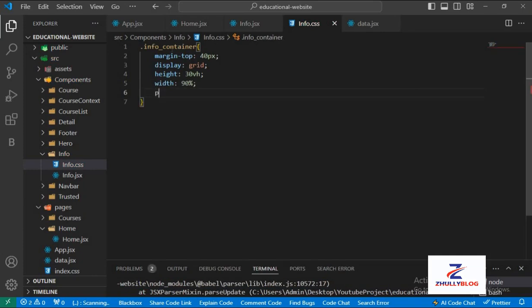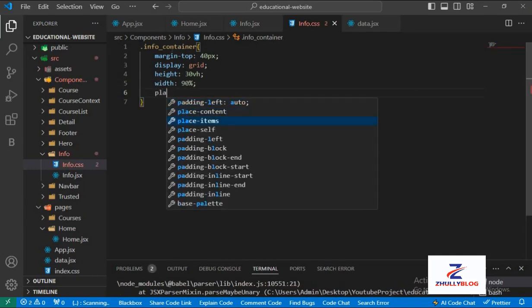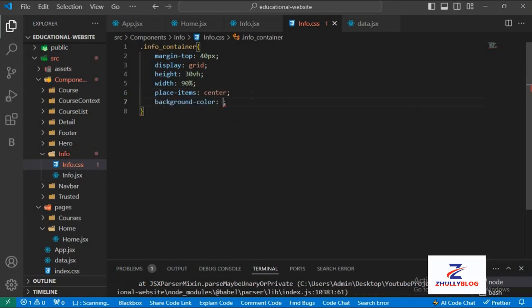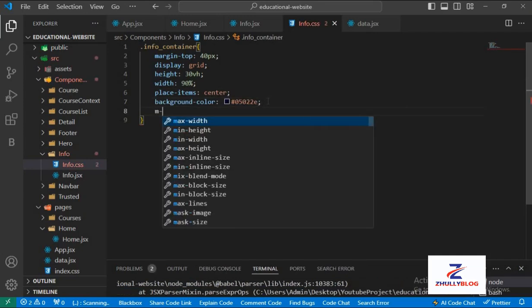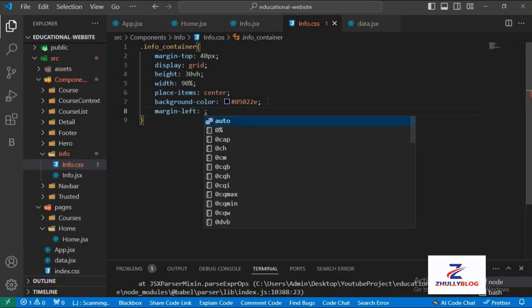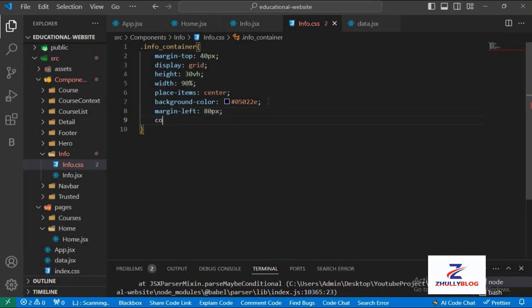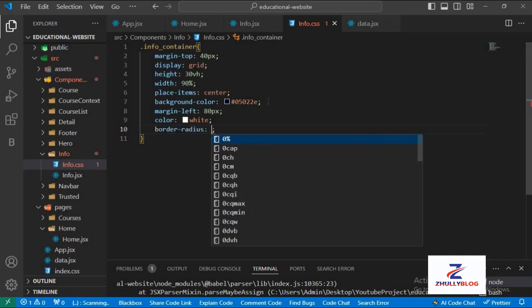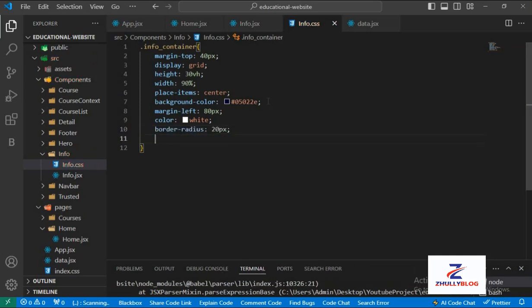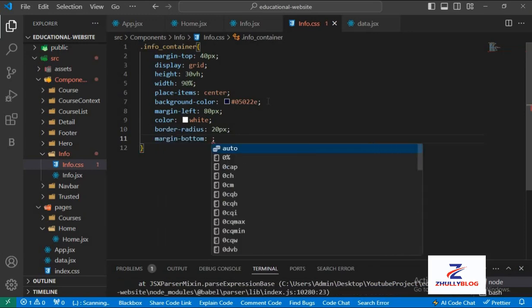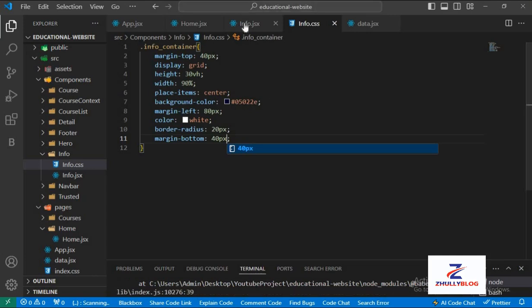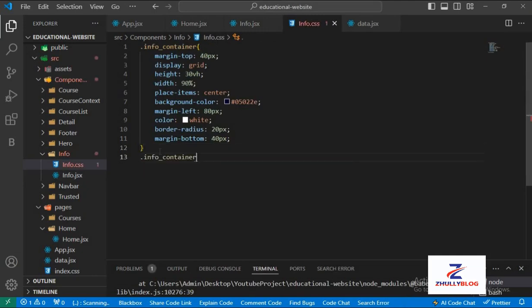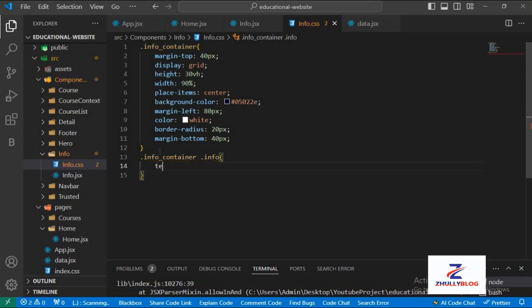The margin bottom is going to take 40 pixels, and for this info, I want all the text to be in the center, so I use text align center. Next thing is this h2 tag. The margin bottom is going to be 10 pixels, and the font size of the h2 tag is going to be 30 pixels. So for the p tag, the margin bottom as well is going to be 20 pixels,